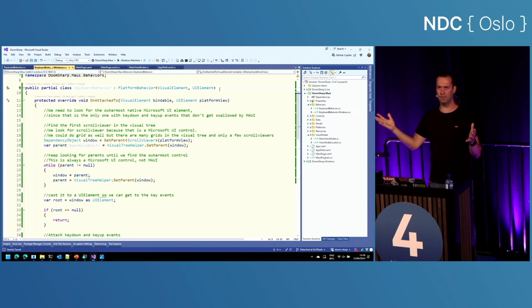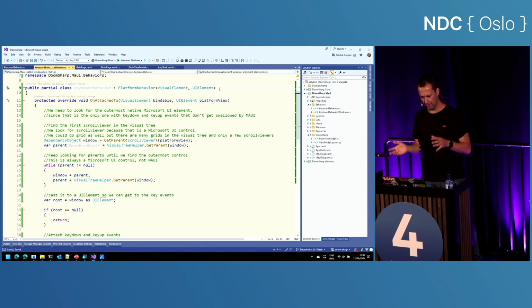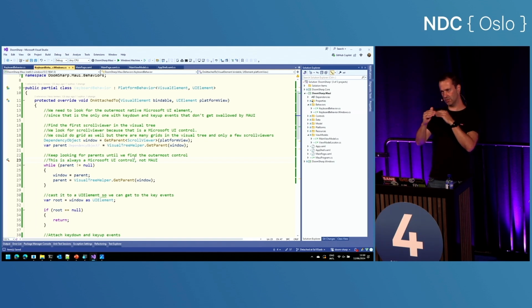So visual tree, for those of you not familiar with XAML, is kind of like your DOM in HTML, but then for XAML. And there are helpers, like the visual tree helper, that you can use to inspect that visual tree and change it at runtime. Reflection, but for UI. So when looking at the visual tree of a MAUI application, you have quite a big tree,